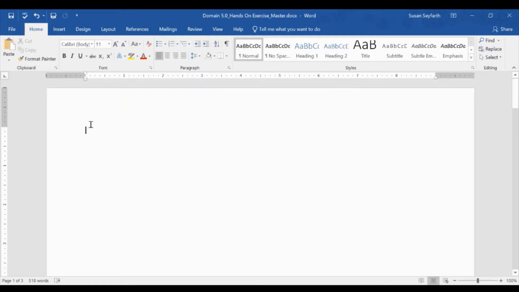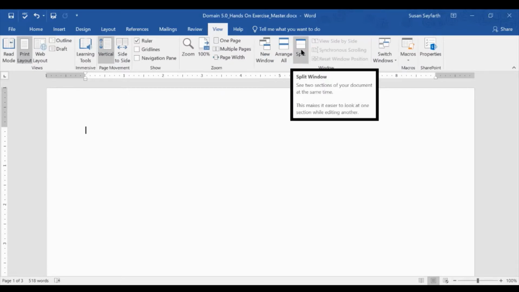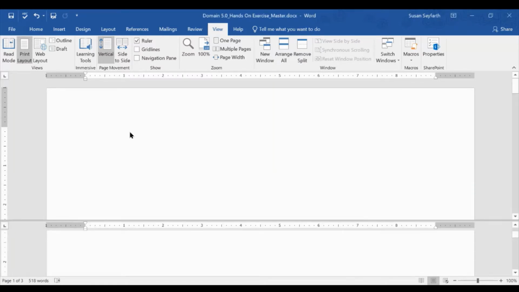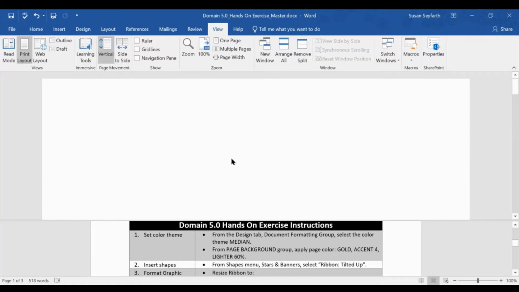Make sure your cursor is blinking in the upper left of the screen, and then we will do our usual split screen using the View tab, Windows Group, Split button, so that we have our screen in two separate views so we can look at the instructions at the bottom while we are working at the top. While I'm here, I'm going to turn off my ruler just to get a little bit more space on the page. So in the bottom window, I will scroll down to find my instructions. There they are. I will click again in the upper window so that I'm working in the upper window, and